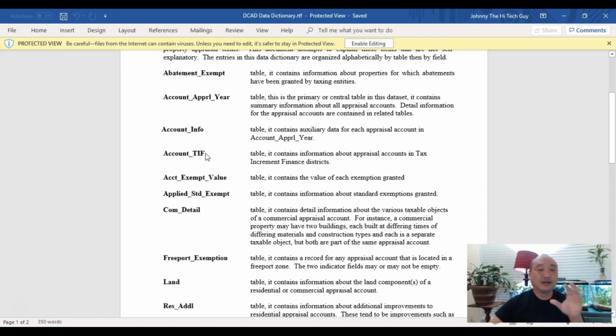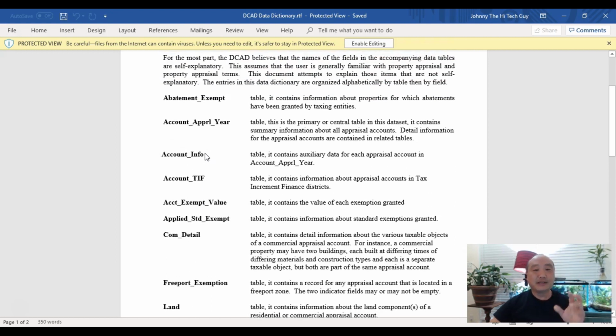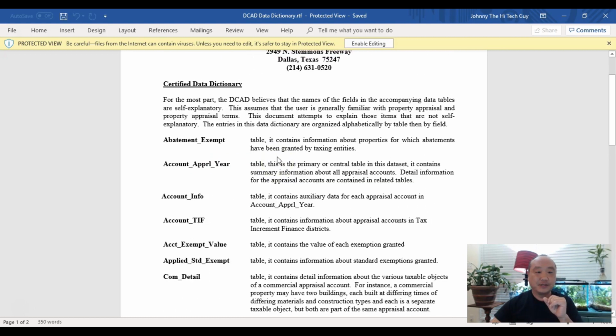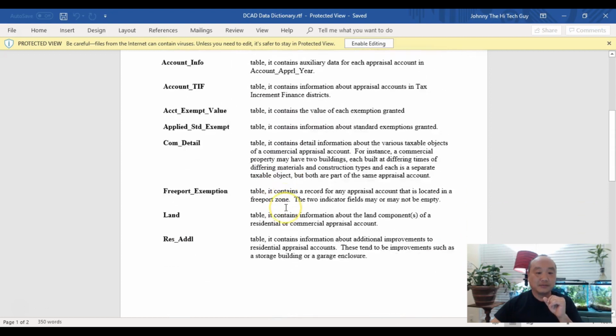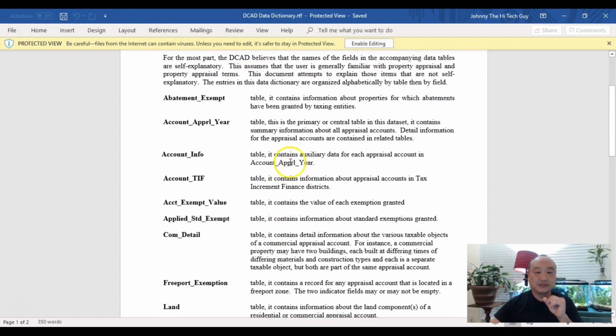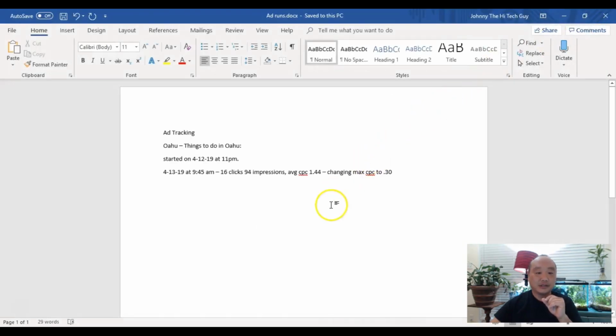The data in these counties are a treasure trove, and that's kind of where these aggregators of data are getting this data. So you're going straight to the source. So what we're looking for is the account info, which contains auxiliary data for each appraisal county. Okay, so let us look at